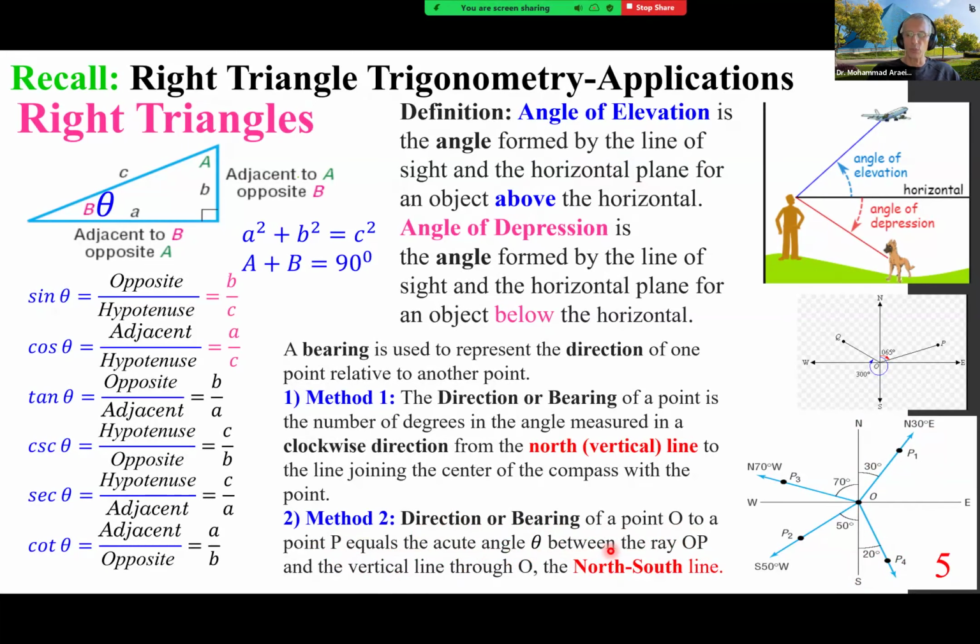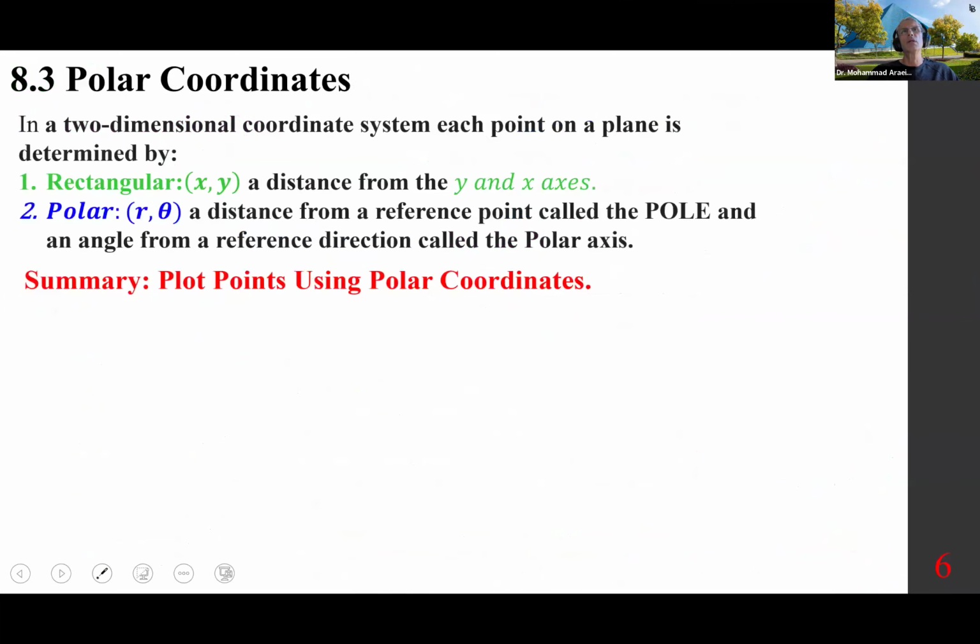So that's the synopsis of what we have in this chapter. And now, polar coordinates. In a two-dimensional coordinate system, each point on a plane is determined by rectangular format, x comma y, which is